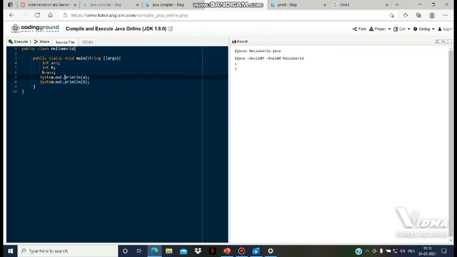a is equal to a plus 1, that is 5 plus 1, 6. So after assigning, it is incremented. So after assigning, the a value is 6, and we first assigned the a value to b. So before the increment, the value of a is 5. So this is the output when we use post-increment and pre-increment.